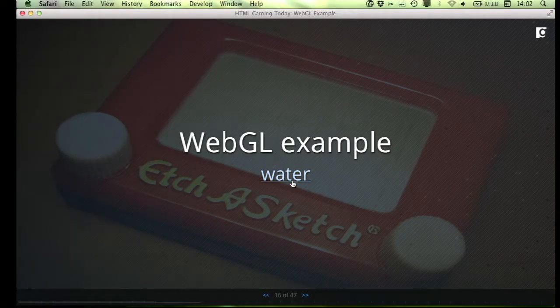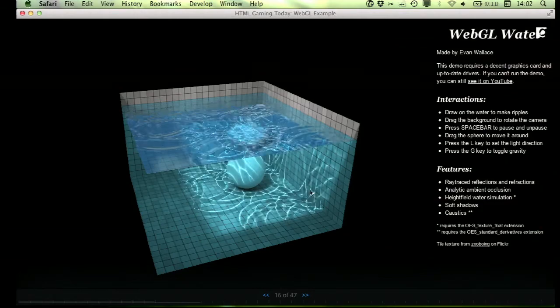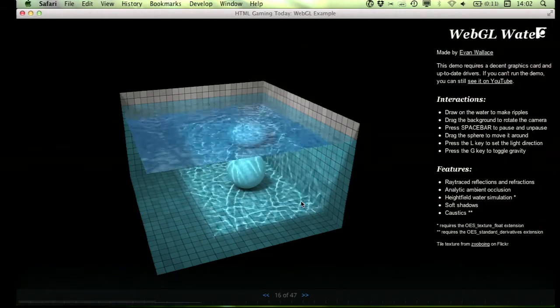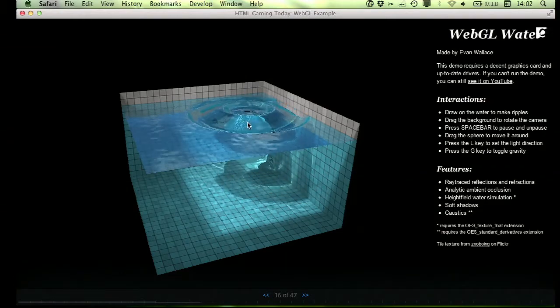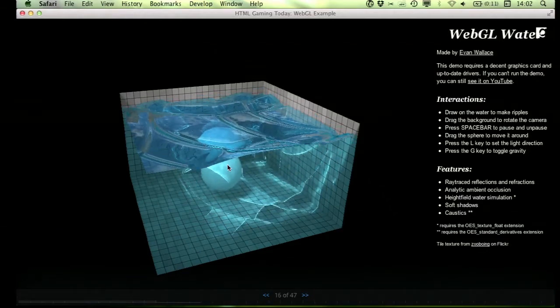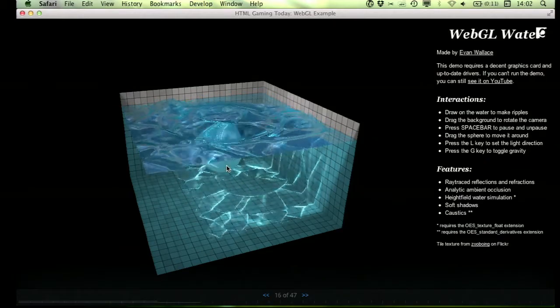In the 2D space, we can do orthogonal projection. So we can actually render a 2D scene, and we can leverage fragment shaders to do really interesting effects in the 2D space. So there's a lot of opportunity to use WebGL for 2D games as well as 3D games. It's a little less broadly supported, though, than something like Canvas or the DOM. Quick example of this, and I chose this partly because it's really pretty and partly because it loads really fast. So this is all WebGL, and a lot of people I'm sure have seen this, but it gives you an idea of what's possible with this technology.